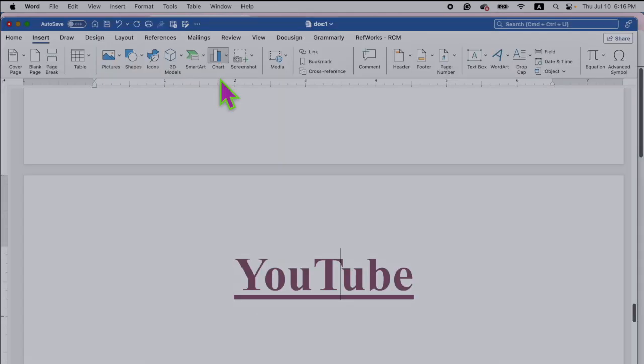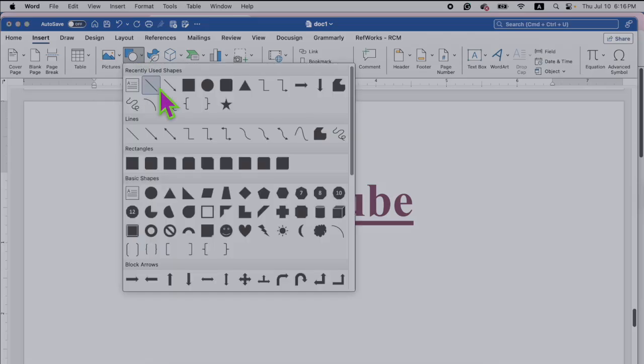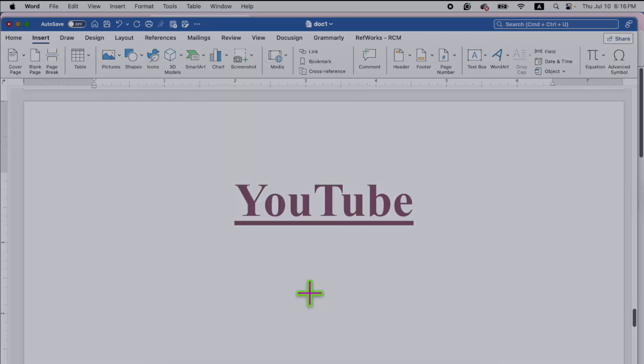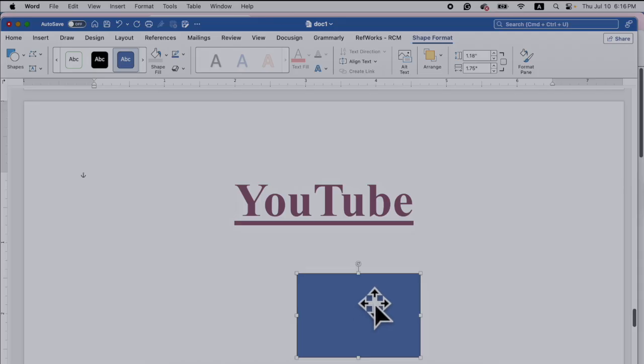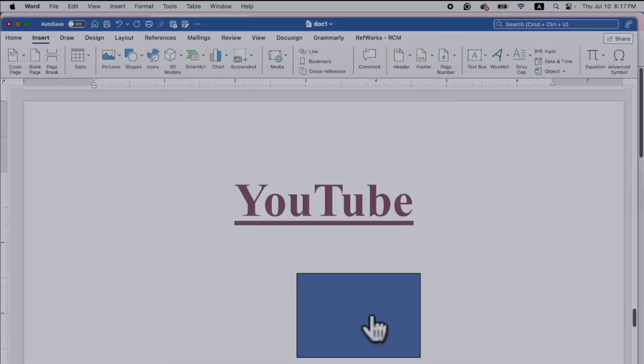So this is not just limited with the text. Let's say if you want to attach that hyperlink to a shape. So let's consider a shape here and draw a shape. Select the shape and go to the insert. Click on the link, paste the link, click OK. Now this shape also got that